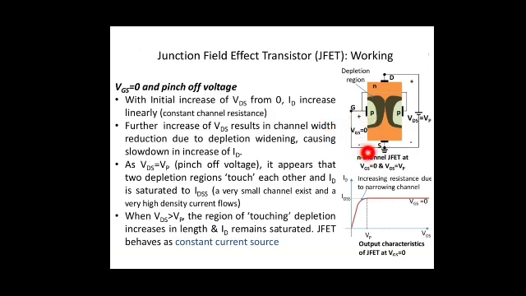is known as drain saturation current, represented as IDSS. Here you can see IDSS, and this IDSS is the maximum value of current that is possible in a JFET, and this is only possible when VGS equals 0. Whatever the maximum IDS current you are able to obtain when VGS equals 0 is represented with IDSS. So IDSS means drain to source saturation current. Okay, so that is the thing.